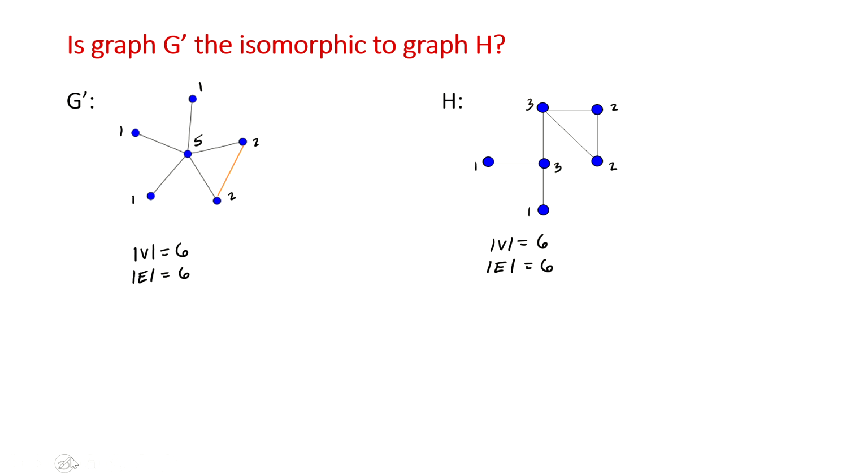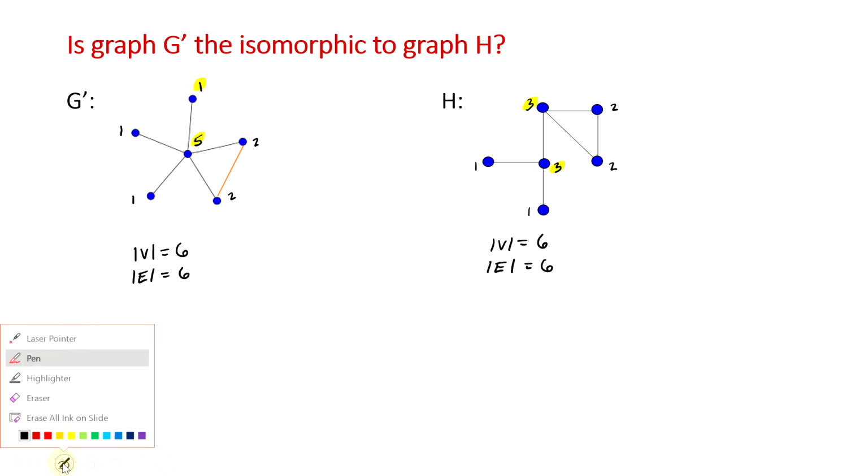Now that right there is problematic for us because notice these guys with degree 3, we don't have any vertices that are degree 3 over in that graph G prime. So notice what those degrees are actually allowing you to see. They're telling you that, yes, we do have one of these length 3 cycles in both graphs, but over here in graph H, it's connected on this vertex that's sort of up at the top. But over here in graph G prime, this cycle is connected right here, sort of in the middle of this same